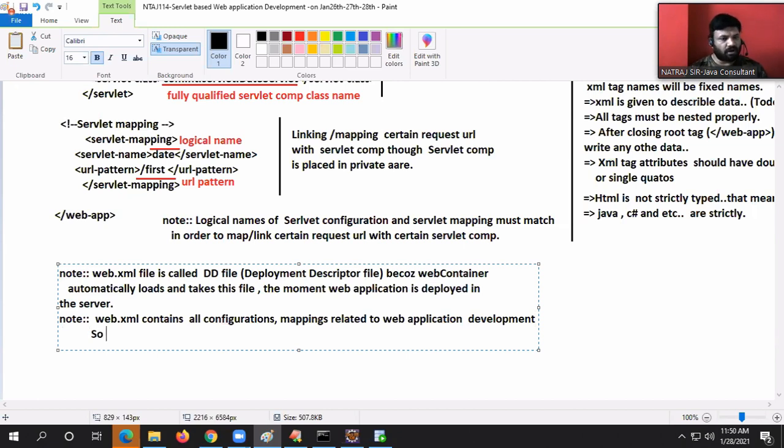So it is also called as web application configuration file.